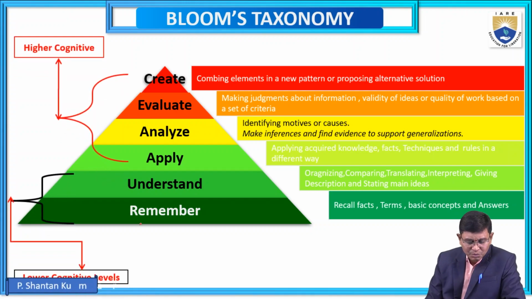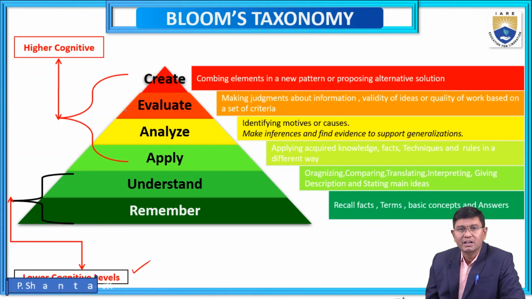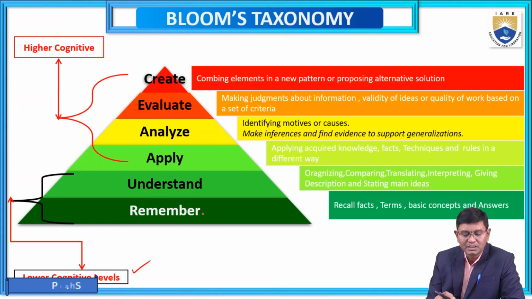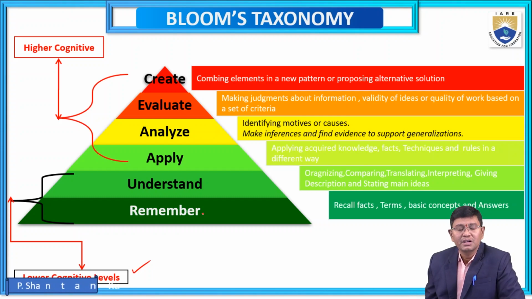And basically the first two, remembering and understanding, are the lower cognitive levels, and the rest of the 4, applying, analyze, evaluate, and create, are the higher cognitive levels. That means when we are going to frame a subject or any point of view, these are considered lower level cognitive. Most of the subjects are considered according to the lower cognitive level only. We use remembering and understanding, but we do not go through the higher levels, that is creating and evaluating.